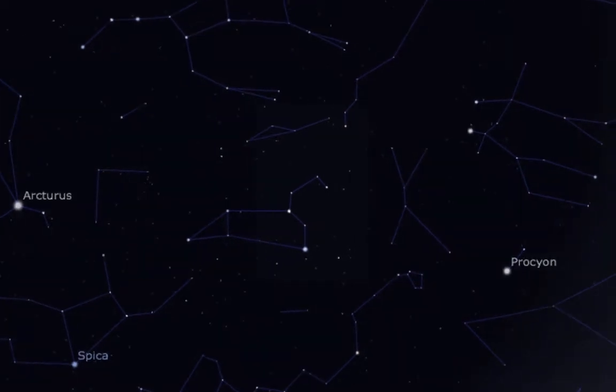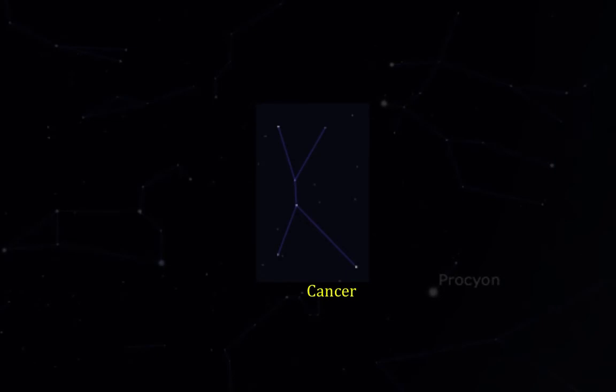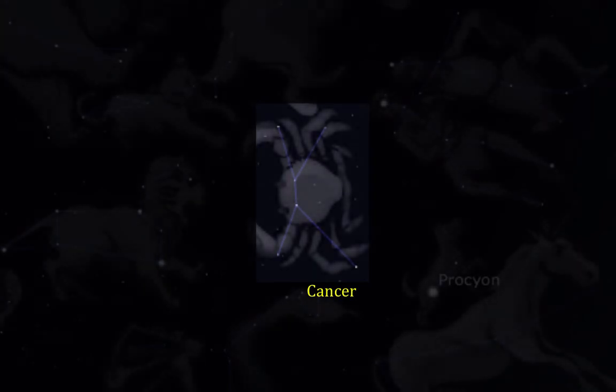And our term for the disease cancer comes from the fact that a lot of tumors have a lot of appendages that sort of make it look like a crab. And as you can see from our connect the dots here, this looks like a four-legged crab. The artwork, of course, can make it look like a normal crab, but it doesn't look much like one. Now, in the center, in addition to these two stars, there's another star slightly offset that make a triangle, and in the middle of that triangle is a cluster of stars known as Praesepe,